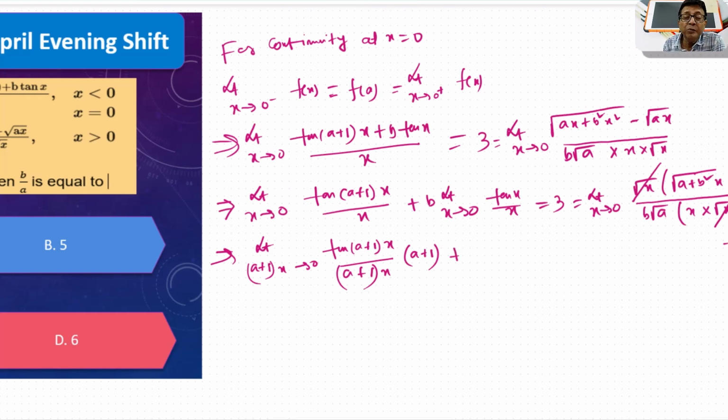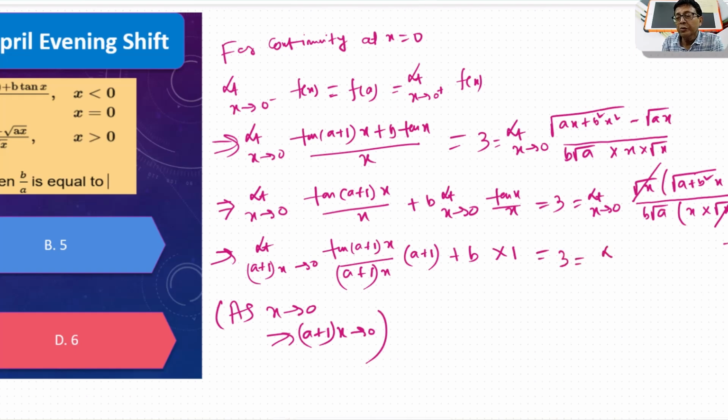Even it will help you to answer your board paper. And you will always write the logic as x tending to 0, this implies (a+1)x tending to 0. And here, this is the standard limit, because tan x by x, limit x tending to 0, is also 1, equal to,